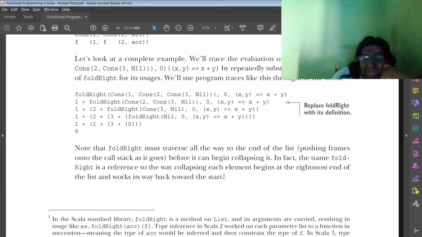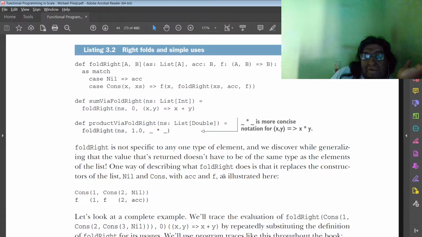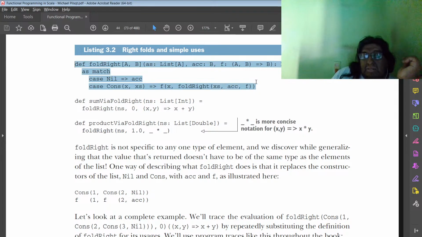We will say no, as foldRight, look at how it is implemented. There is no check anywhere, any place. There is no place over here in which